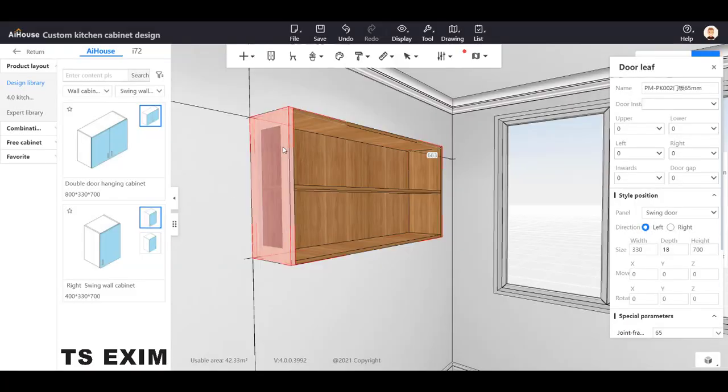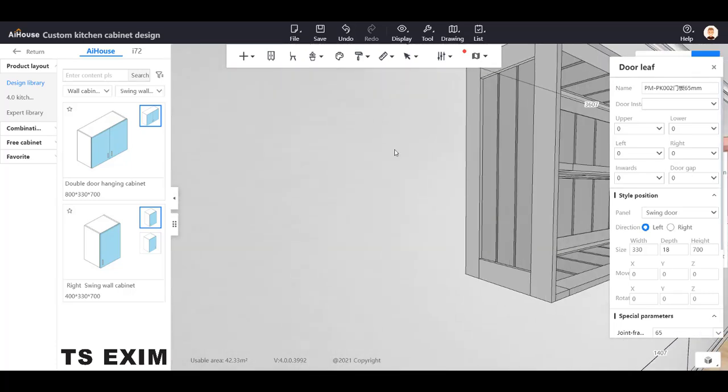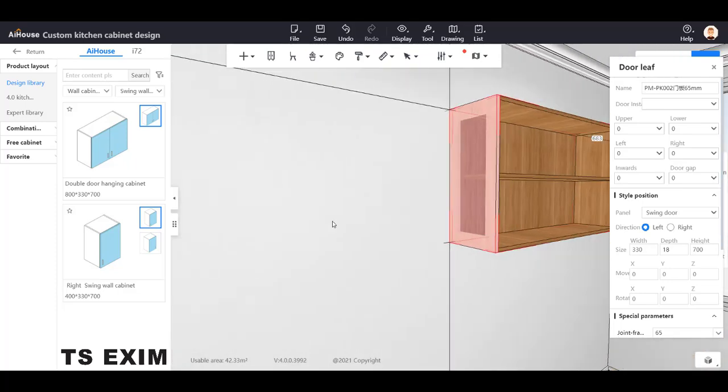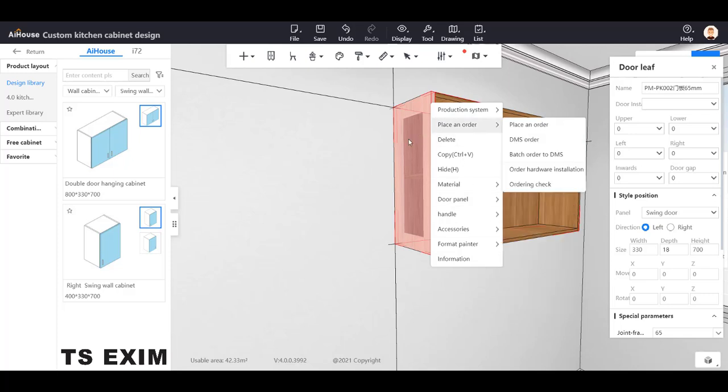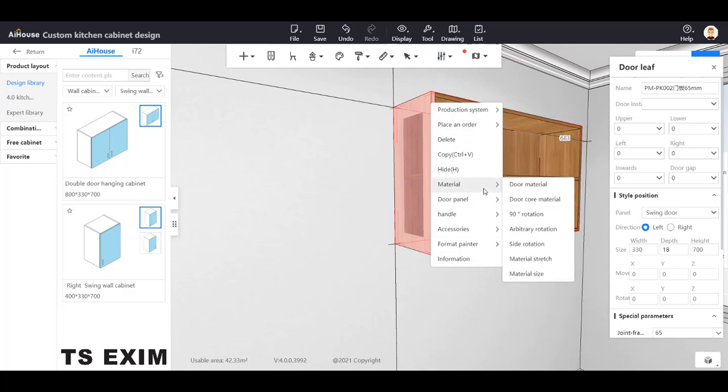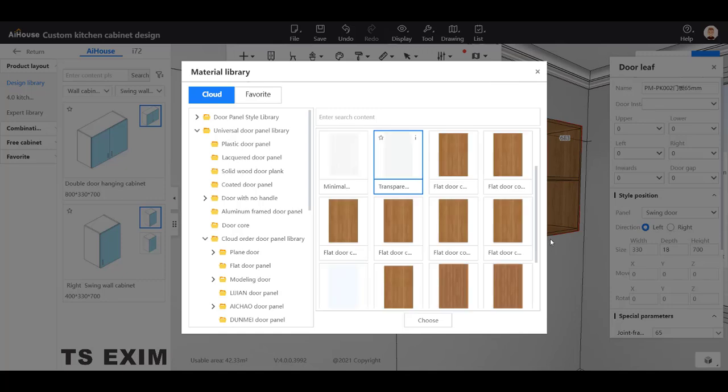After that we need to change the door call. Right click, change the door call. The door call style is here. Door panel is outside, door call is inside. So in door call here we would like to choose this one, type this number only,